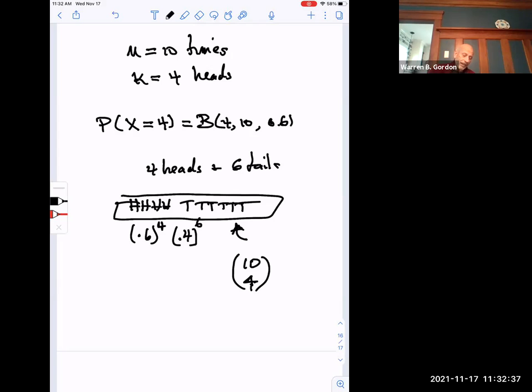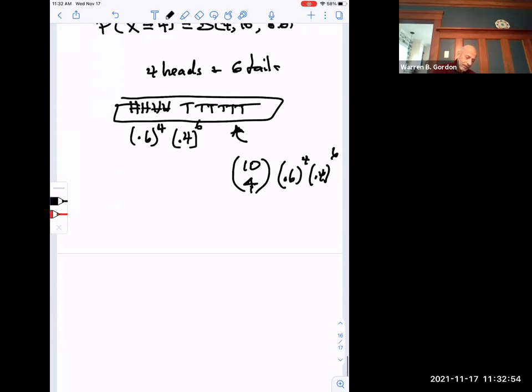That's the total number of ways I can get 4 heads and 6 tails, a committee of 6 and 4. And in each case, I would get 4 heads and 6 tails. So the probability that X equals K for a binomial distribution is nothing more than N choose K,